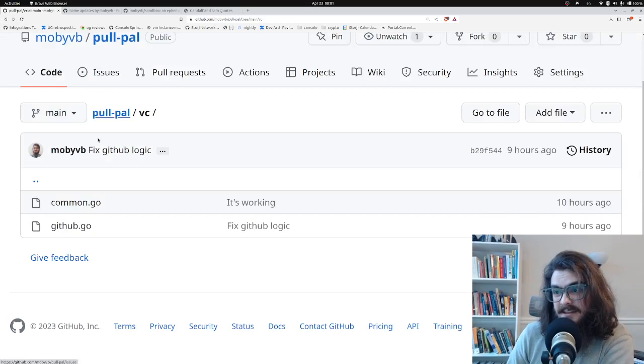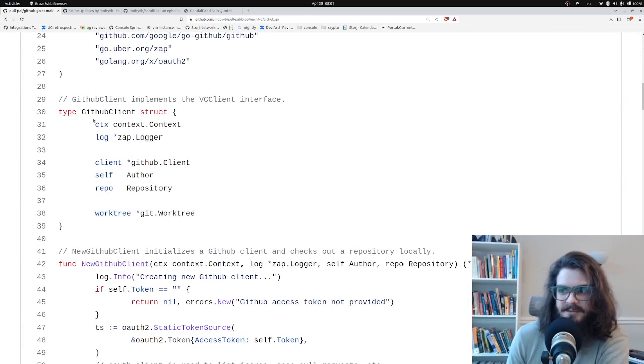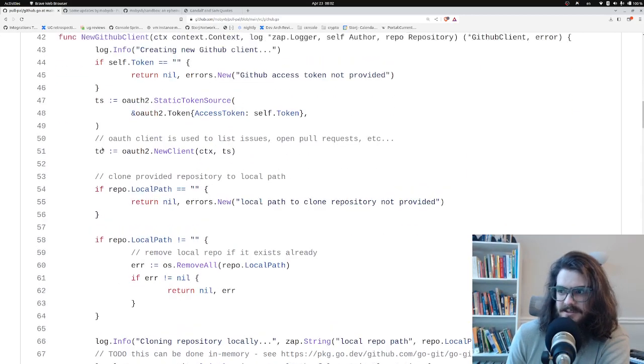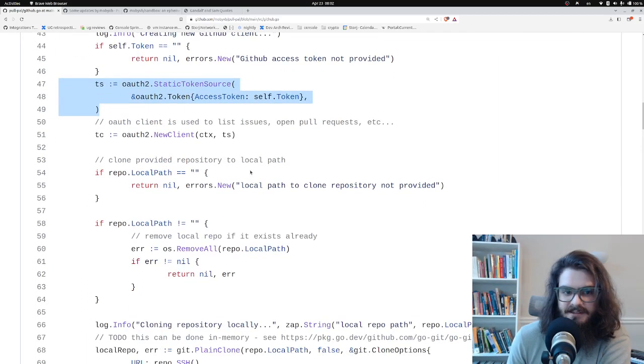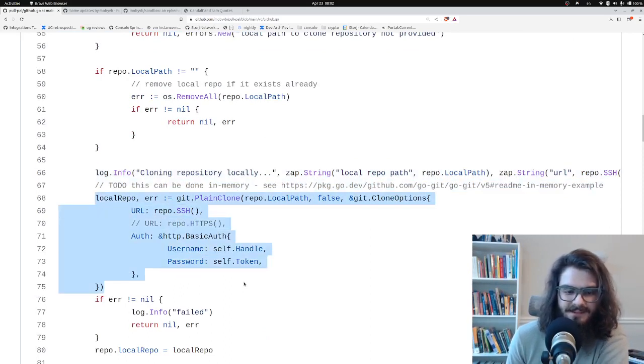So if I go to the GitHub implementation of this interface, it's a lot more code. So I have this GitHub client. I'm going to just skim through this. So there's some new GitHub client functionality, and this sets up some authentication based on the provided GitHub credentials. It also clones the repository to that local path, like temp/pull. It's a configurable path. It's not anywhere specific, but it will authenticate to GitHub using this,